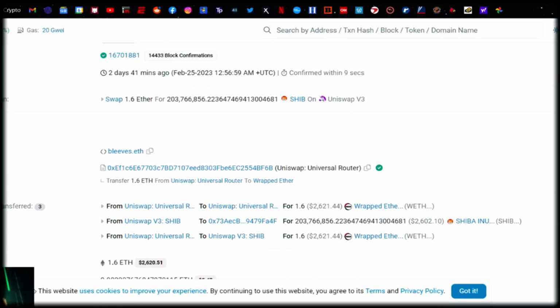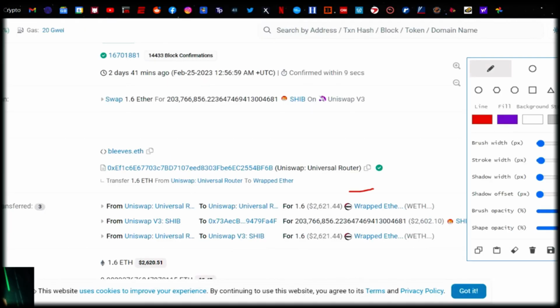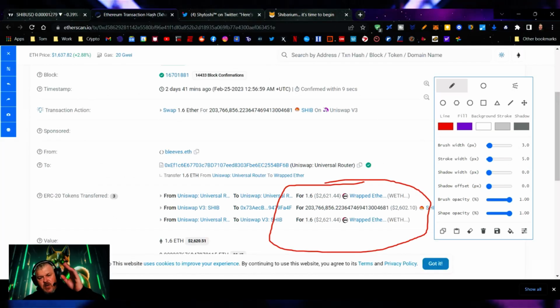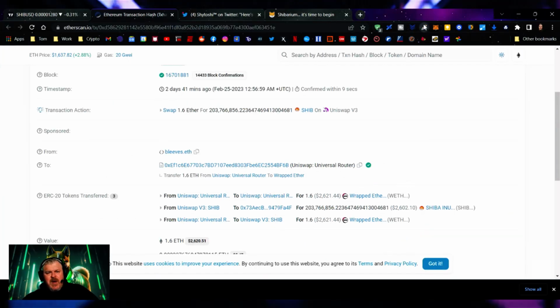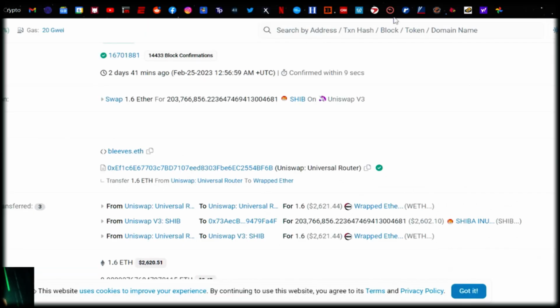Now, let's talk about what we did over here. And this is it right here. We bought 203 million for 1.6 ETH, while your pop's out here spending 0.8 ETH. Who does that? Who spends 0.8 ETH when you could spend 1.6 ETH for SHIB? Now, why did I do that? Because I have a feeling this thing is going to make a big move, and it was a great price